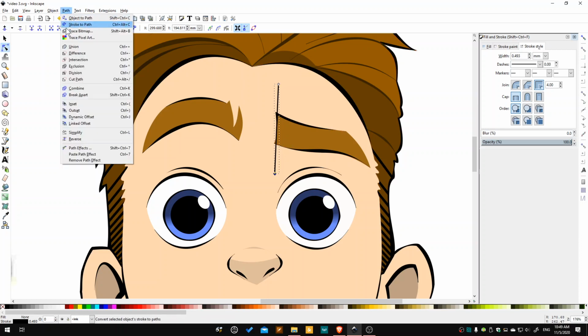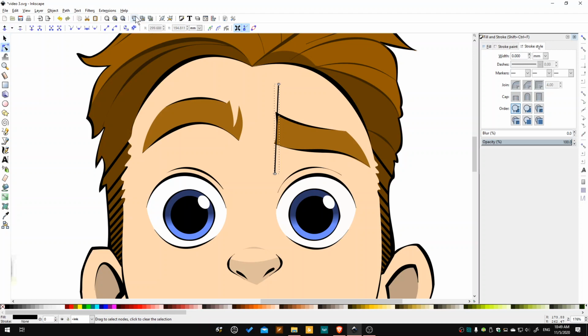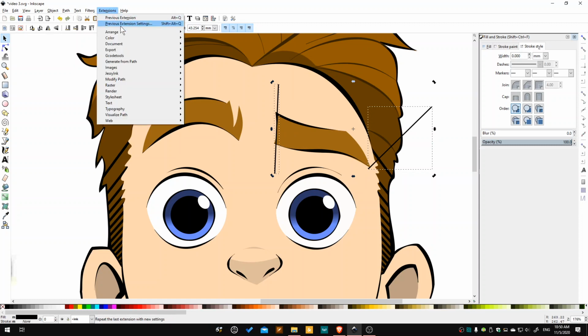And then we're going to go to path, stroke to path. Okay, I'm going to make a duplicate of this, and I'm going to move it over, and I'm going to rotate it quite strongly, really. We don't want to rotate it too much because we'll end up being a little short here. And the other thing I'm going to do is make sure that I'm moving it really high up, close to the edge here. So now I can select these two paths, and I'm going to go to extensions again